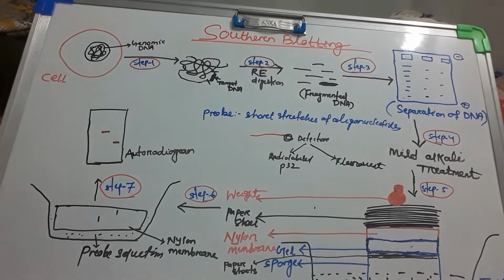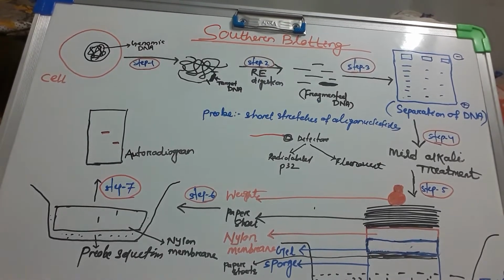Today we will discuss southern blotting, that is, what southern blotting is and how we perform the southern blotting technique. Transfer of macromolecules from gel to membrane is known as blotting, and those macromolecules can be DNA, RNA or protein,